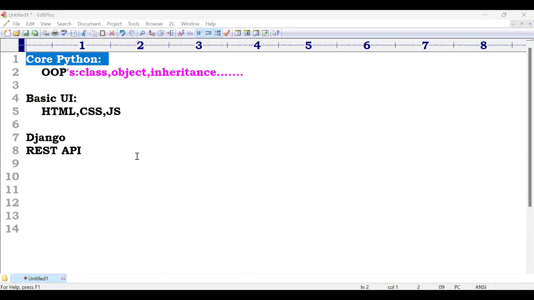SQL and MongoDB will be taken by another faculty. I am not dealing with SQL and MongoDB because my regular Python students, in advanced Python, I already covered Oracle and MySQL. In the 9 o'clock batch, we have just started advanced Python, and in that I will cover Oracle and MySQL databases. So MongoDB and SQL classes will also be started. You can attend those classes.